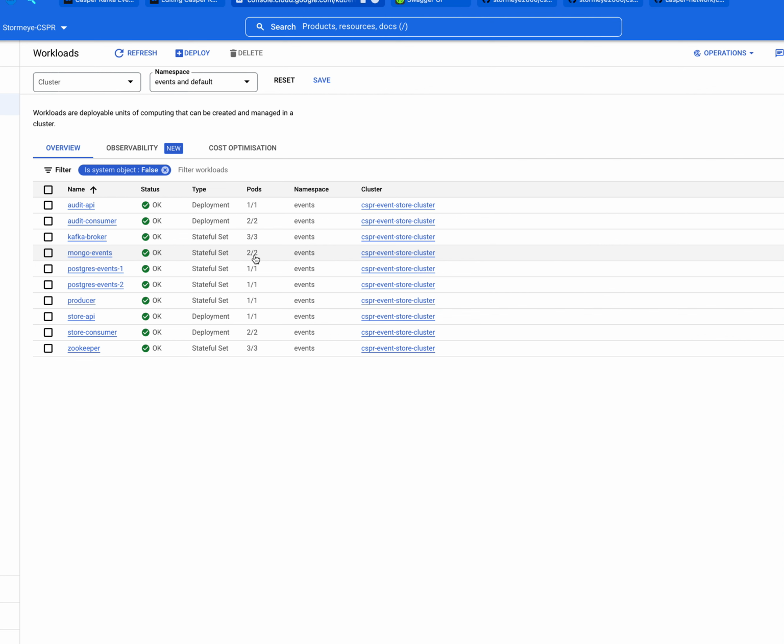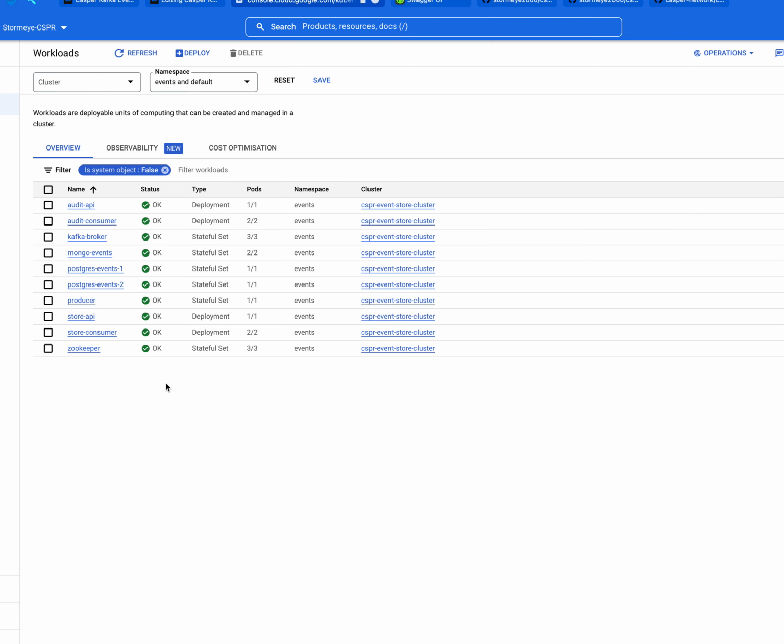One's master, one's replication. We've got two instances of Postgres. One's master, one's replication again, and that's Kubernetes ticking along nicely. A lot of work has gone in to get this Kafka broker, Zookeeper, producer, and the consumers all talking to